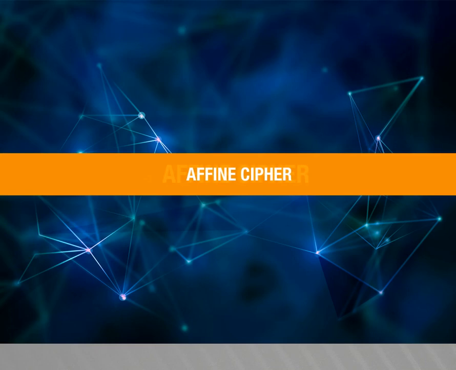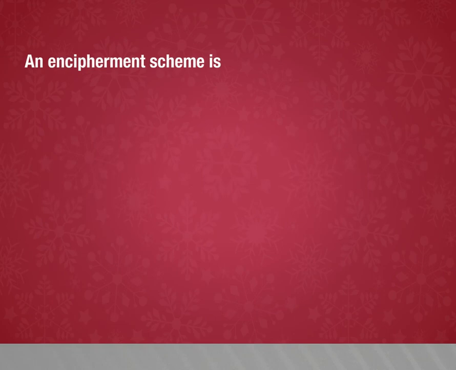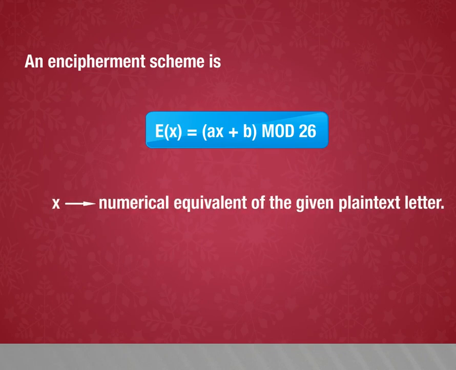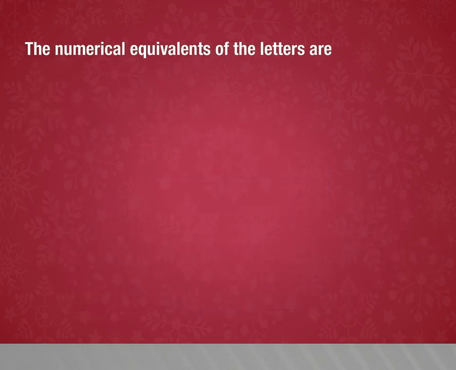Affine cipher. In this video, we are going to learn about the affine cipher. The affine cipher is a type of monoalphabetic substitution cipher wherein each letter in an alphabet is mapped to its numeric equivalent, encrypted using a simple mathematical function, and converted back to a letter. An encipherment scheme is E of x is equal to ax plus b mod 26, where x implies the numerical equivalent of the given plaintext letter, and a and b imply appropriately chosen integers. The numerical equivalents of the letters are